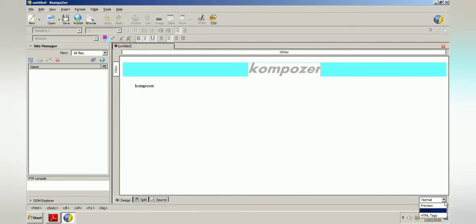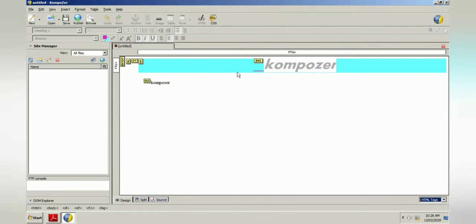Now next is the HTML text. This HTML tag mode is useful for those who know HTML coding. This mode shows all the objects of the page with their starting HTML tag in a yellow box. So you just select it here and you can see it will display all the starting HTML tags in yellow boxes, all visible over here. So here we have got the introduction to all the menus and all the things of our Composer software. I hope you understood the introductory part well.